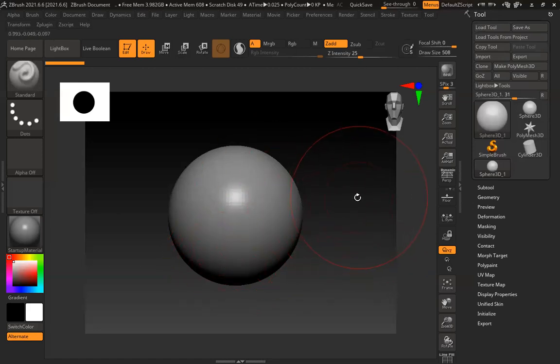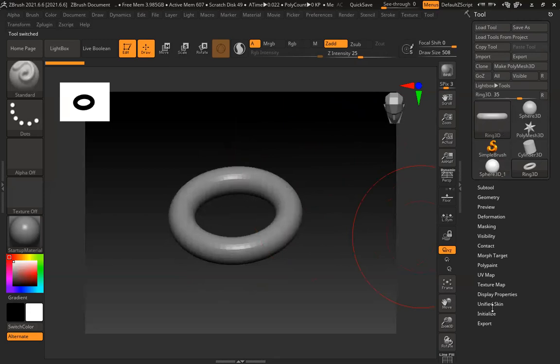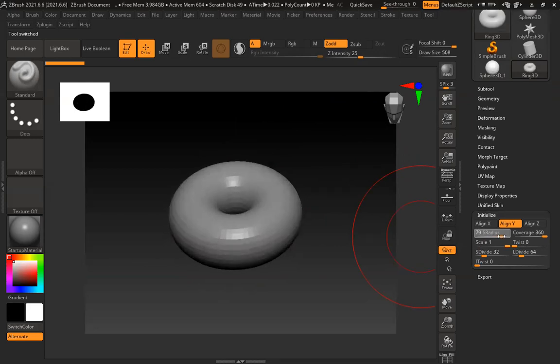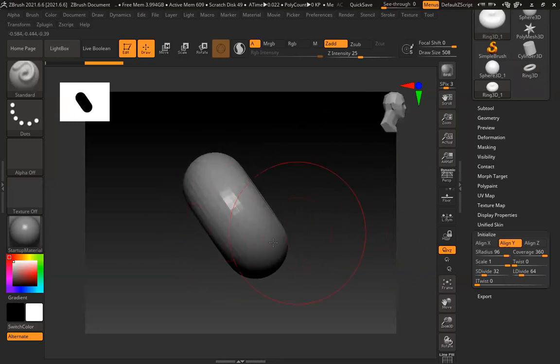Let's see. Suppose your shape, so you want to create a bun. Then I should take a ring, something like this. Initialize. Right, something like this, there's a head, and then there's a bun. Let me open her.